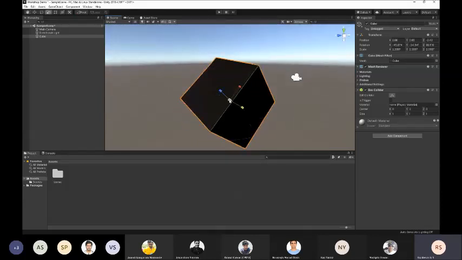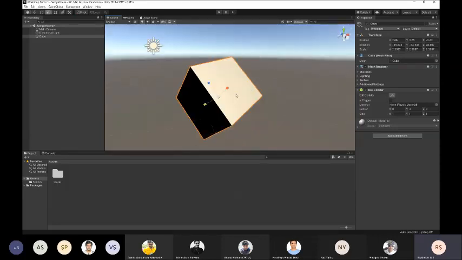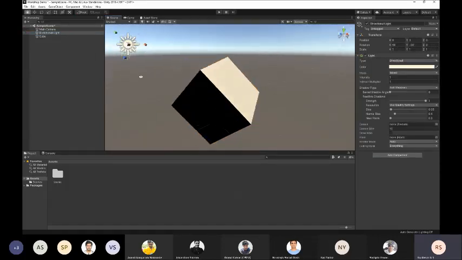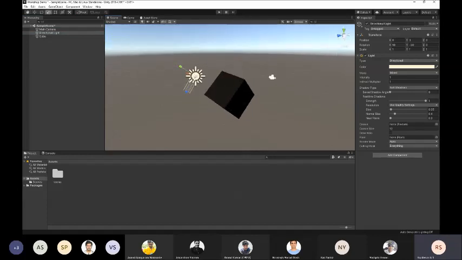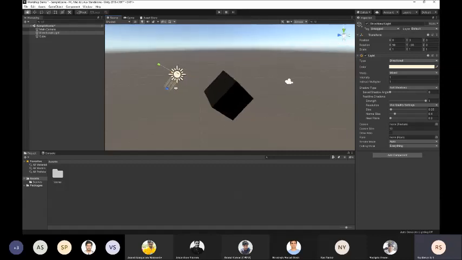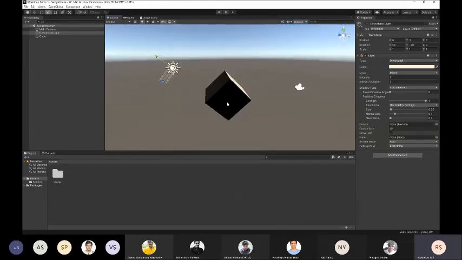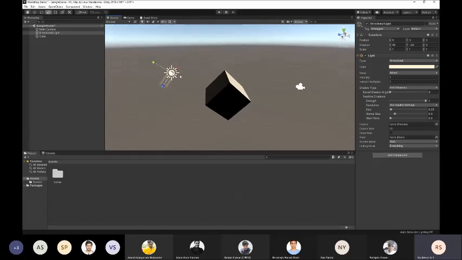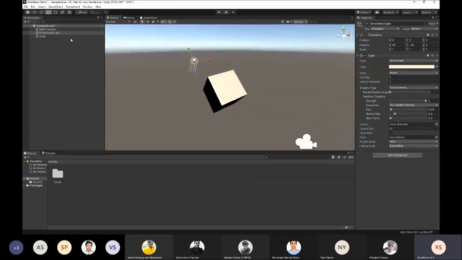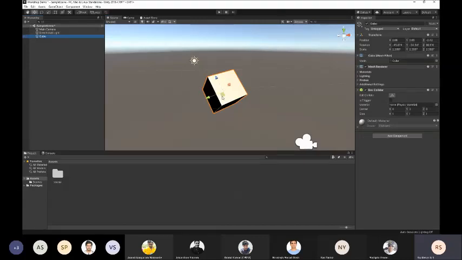We can see this face is dark, and this face is lit up because that's the way the directional light is currently facing. So it's facing this way. This directional light acts basically as the sun in your scene. So you can see the light is currently facing this way, and that's why this face is lit and these sides are dark. And with a directional light, the position of the light doesn't matter. So you can see the light is behind the object, but it's still getting lit up here. So the position of the directional light doesn't matter. Only the orientation matters. So I'll just move this object a bit up.